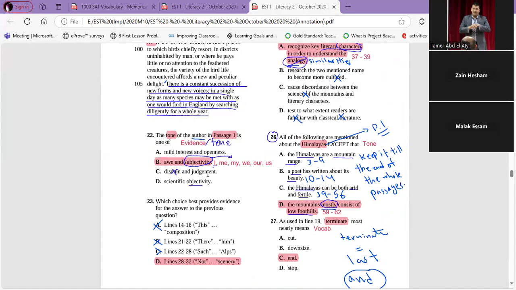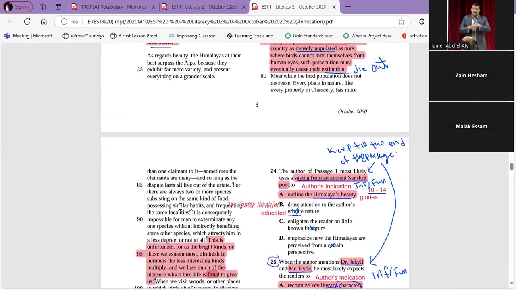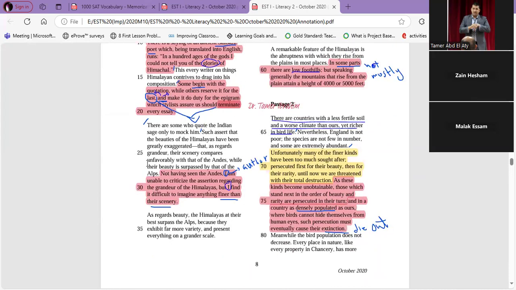Mock him. And judgment? No. Scientific objectivity? No. No again. From 22 till 28. Such assert that the beauties of the Himalaya have been greatly exaggerated, that as regards grandeur,